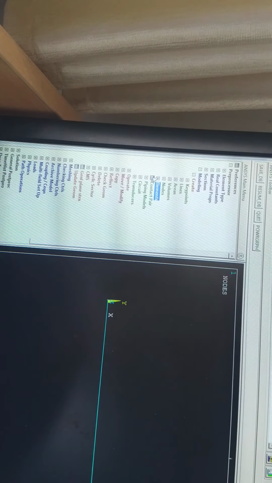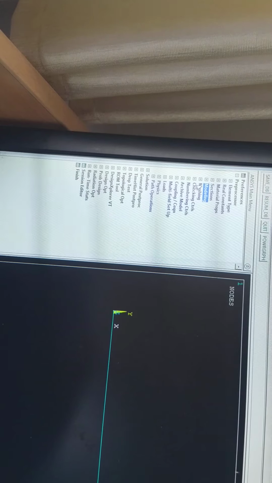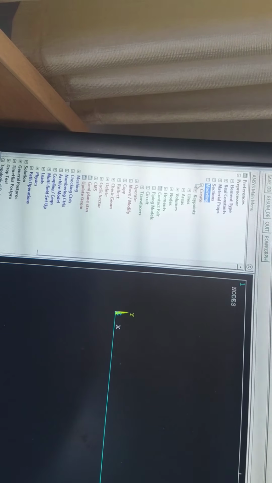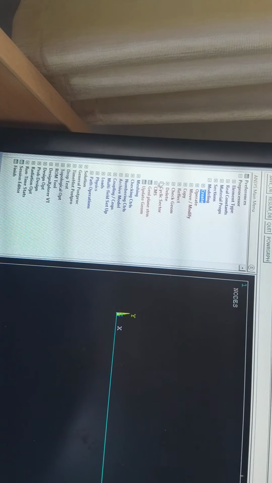Now you have to apply the boundary conditions. So first boundary condition is loads. Okay, so close this, go to modeling, here go to loads.